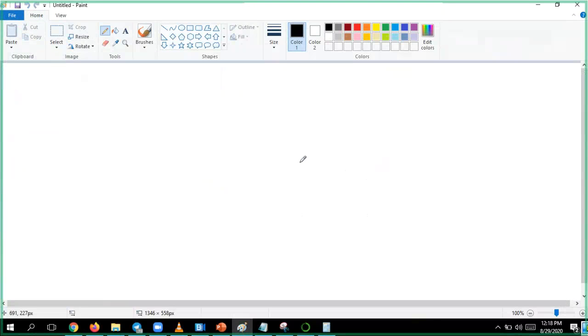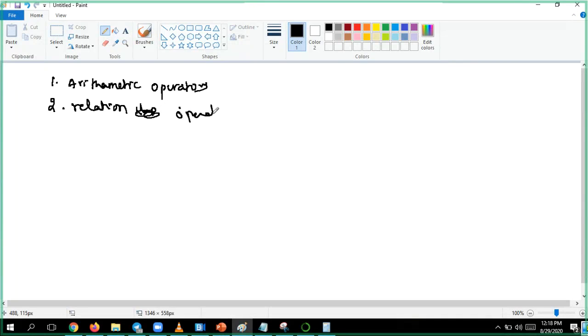Whatever we have seen so far is arithmetic operators. The second is relational operators, or you can say comparison operators.